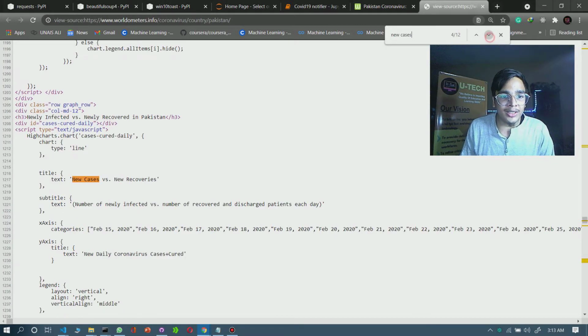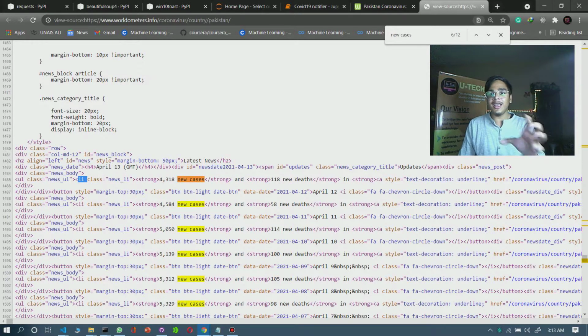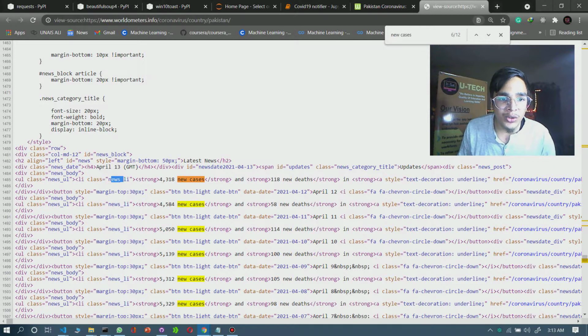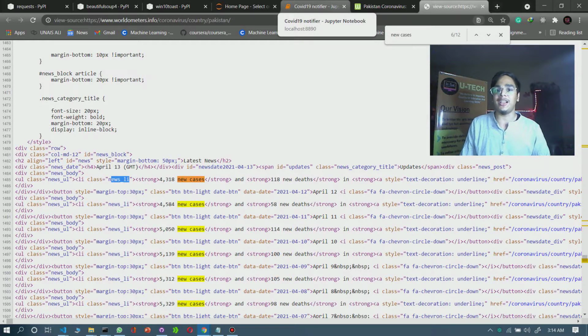You have to go down until you see some HTML tags, this one. Now I know that the new cases are present inside the HTML class of news_ul and the class of news_li and the li tag. This means that if I do web scraping only on the li tag and news_li, I will directly get the data of the new cases of COVID-19.